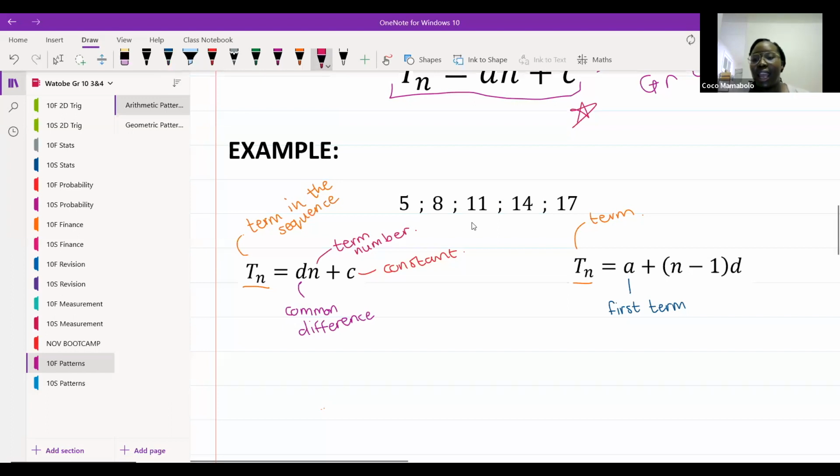Right, again, N will also stand for the term number, and D, again, will stand for the common difference. D is the common difference. All right, so if you're taking notes, you will write this down because it's quite important that we understand how